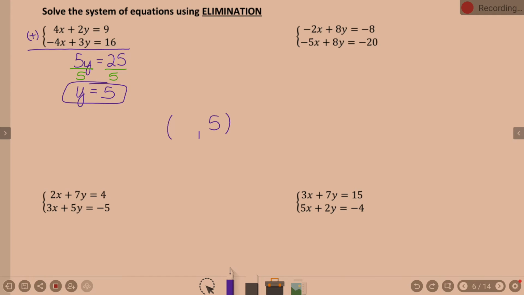Plug it in. We're going to take that y equals 5 and plug it into the top one, one of your original equations, right? You guys are picking the top one because there's no negative, right? I don't blame you. You can pick either, technically. So if you're like, the bottom one looks better to me, take that route and meet me at the end. So if I use the top one here,